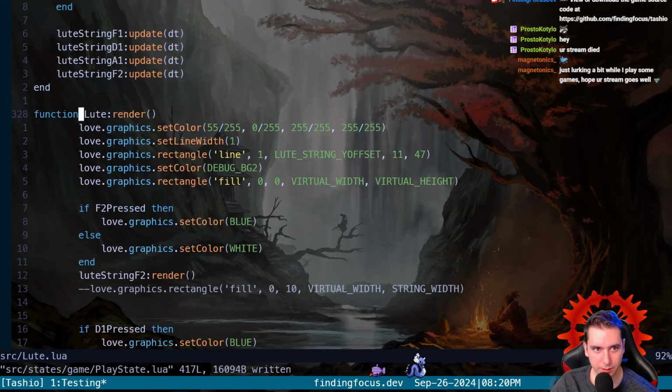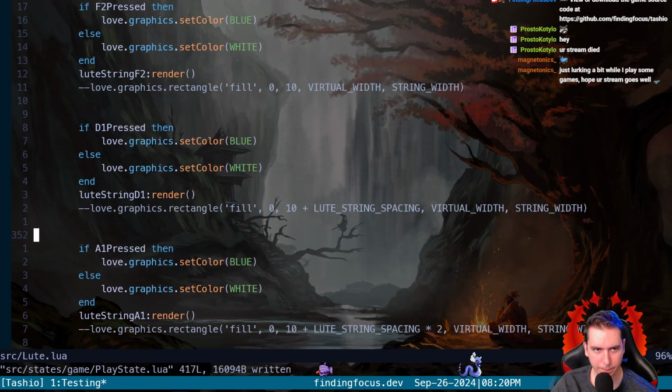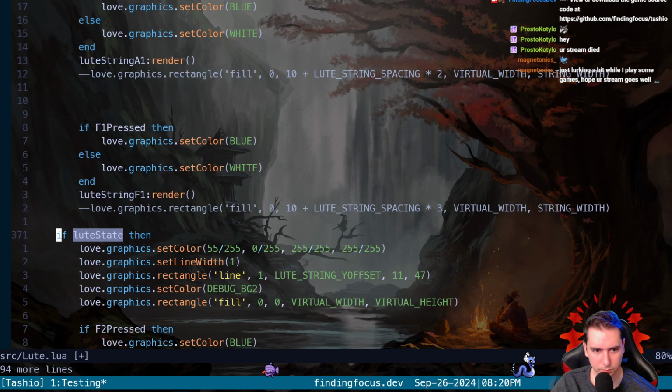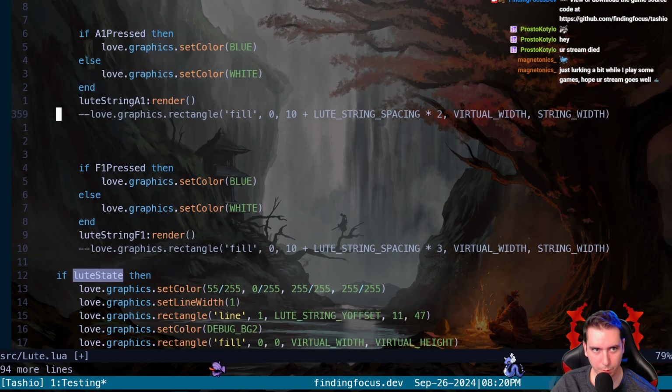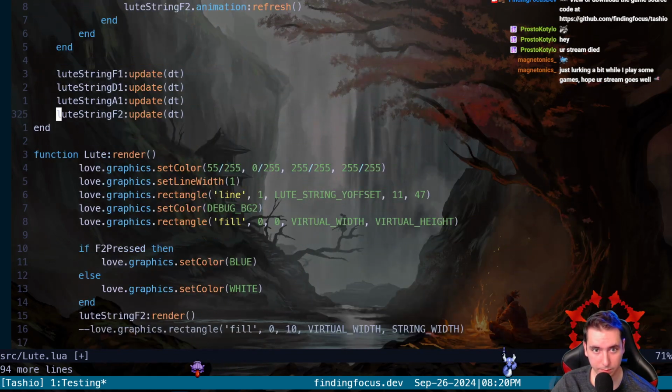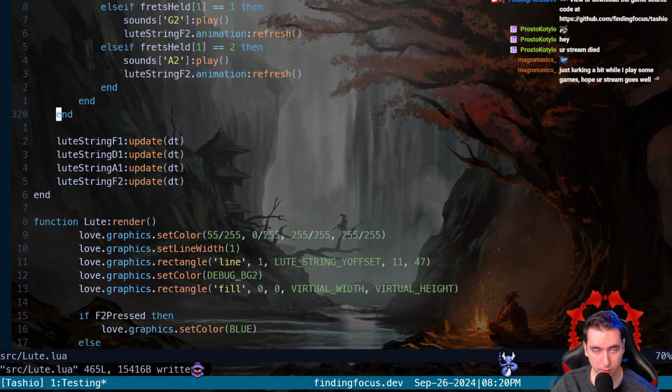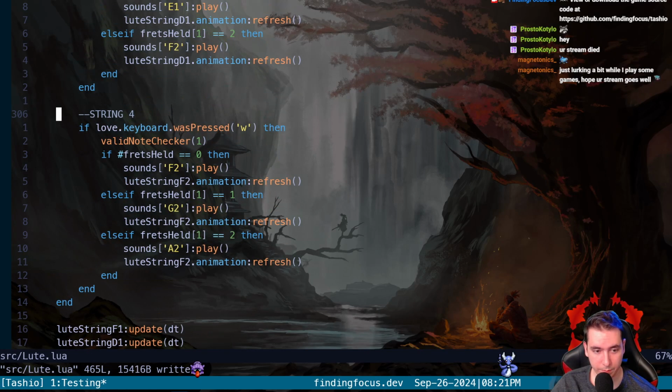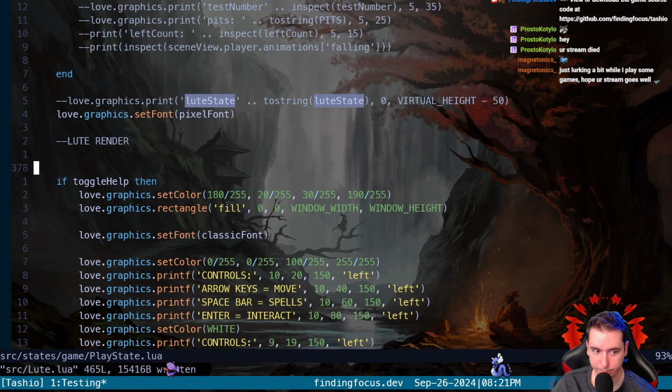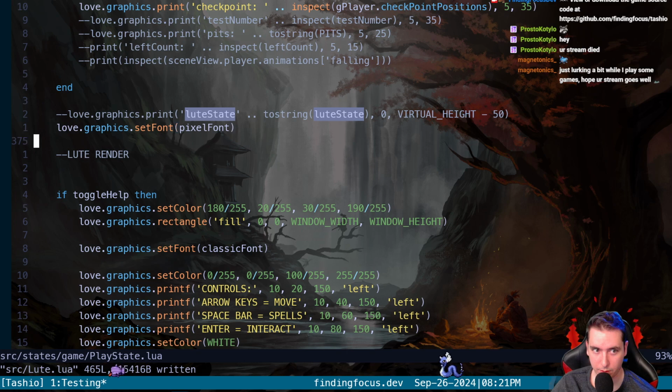See, what the hell is this? The string render? This is so messy. Really messy, but we've been needing to clean this up. This was like 350 lines bogging down our play state, so this is totally necessary, and it's something I've been putting off.